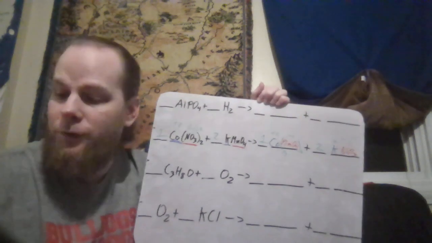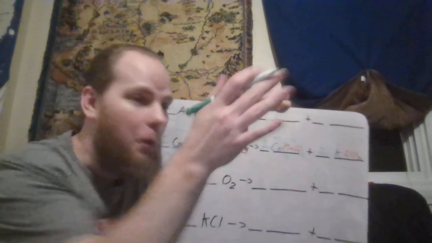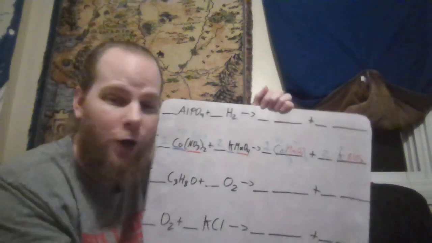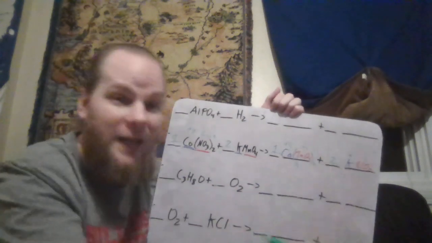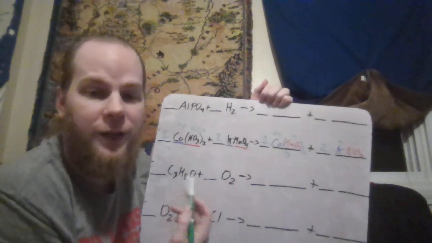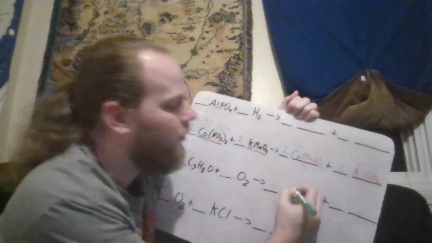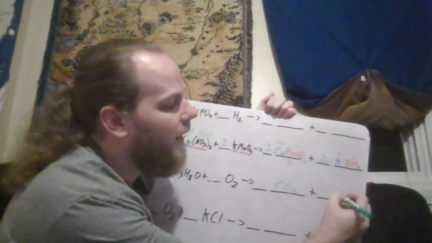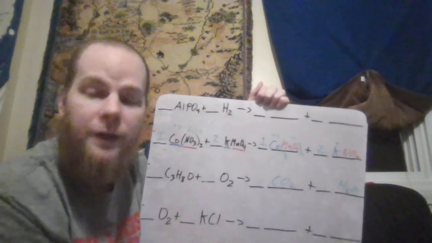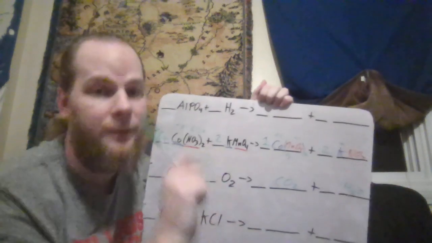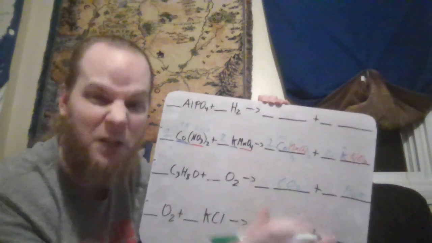Okay, and combustion reaction products are really, really easy because the products for combustion are just always, without fail, CO2 and H2O. So, since this is an organic and this is oxygen, we can just go straight to the products and go CO2, H2O. Now we just have to balance it. Now, if you don't remember how to balance combustion, which I would understand because it was the only one that was kind of mildly confusing,